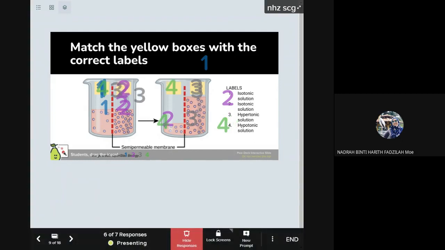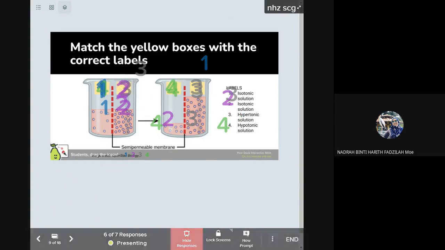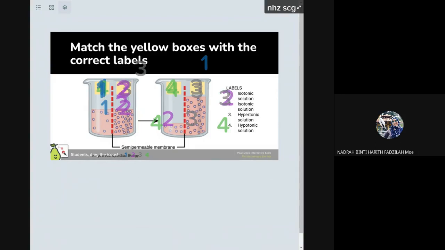Okay, kita gunakan istilah-istilah ini untuk describe solution mana yang paling pekat, yang highest solute concentration atau lowest water potential. Maksud dia sama ya. Kalau dia sangat pekat, sama juga dengan dia ada lowest water potential. Kalau dia sangat cair, it has a lot of water molecules, so it has highest water potential. Okay, so kita tengok ya,